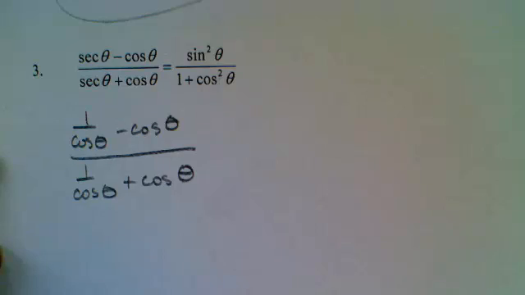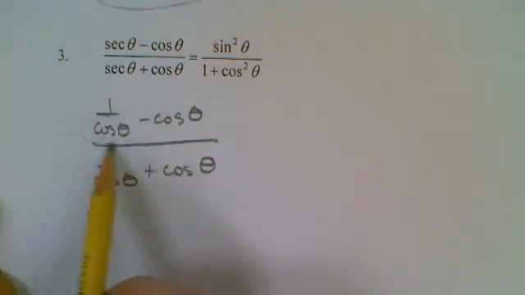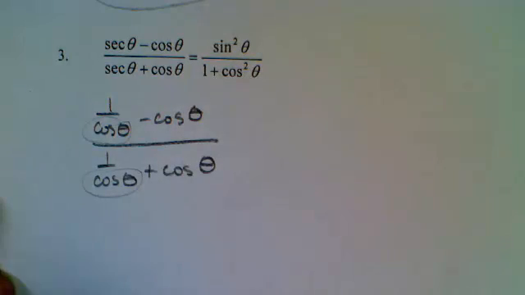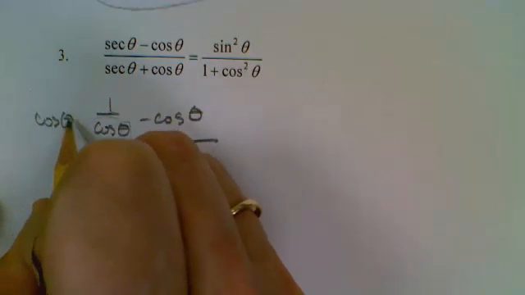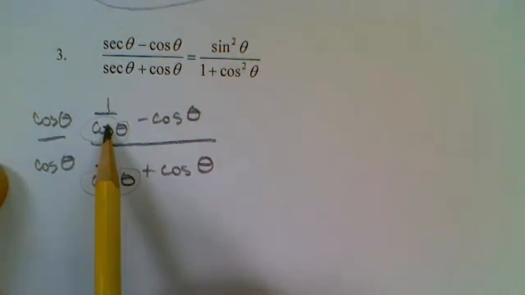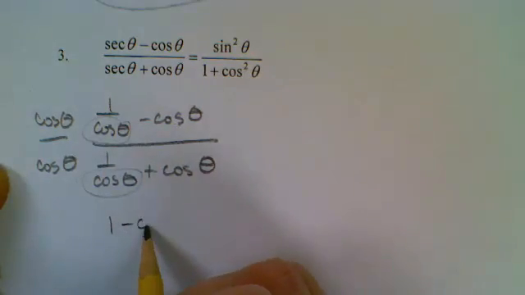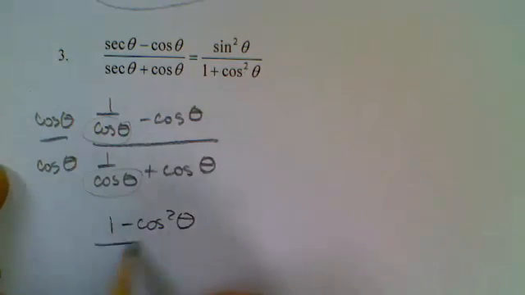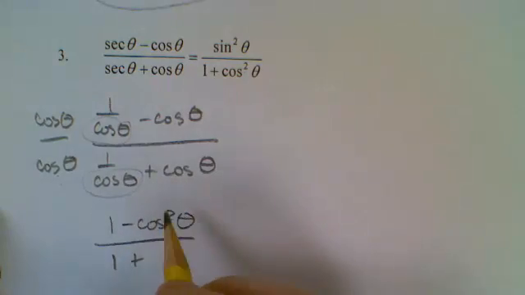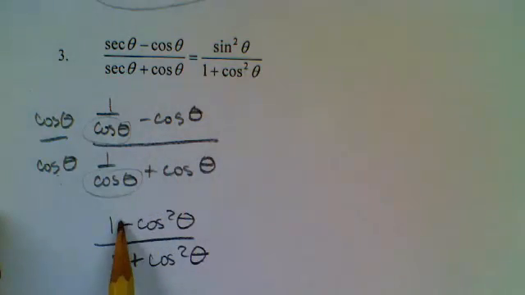And now I look at that and see my complex fraction again. I told you we deal a lot with complex fractions. So the 2 denominators we need to get rid of are right there. So we're going to multiply by cosine over itself. So here when I distribute, cosine times its reciprocal is 1. Cosine times cosine is cosine squared. In the denominator, I'm going to get 1, and I'm going to get plus cosine squared, which is good. I wanted 1 plus cosine squared in the bottom, looking ahead,